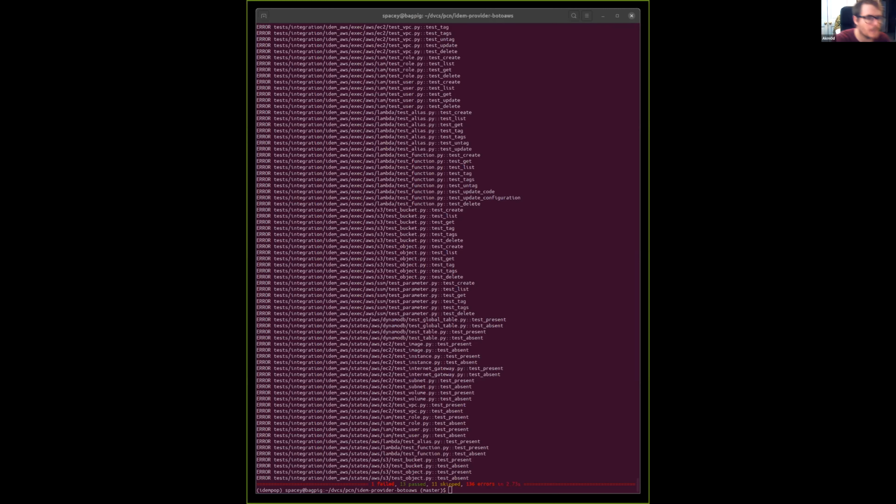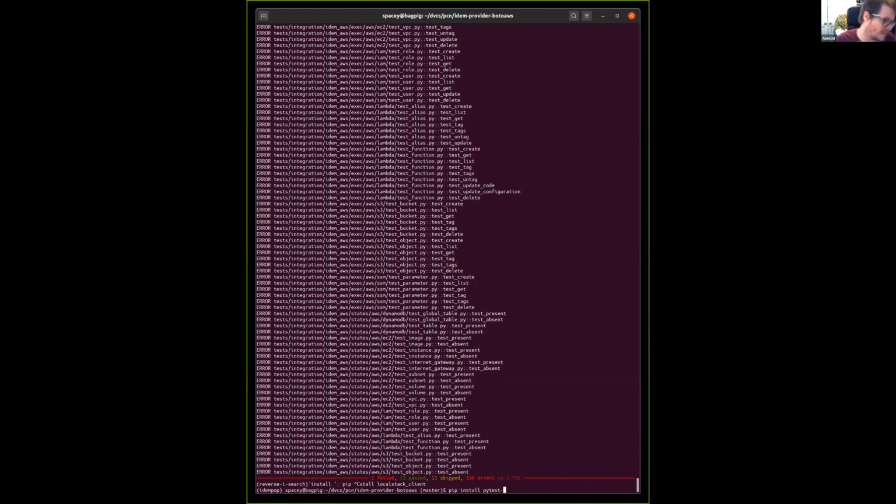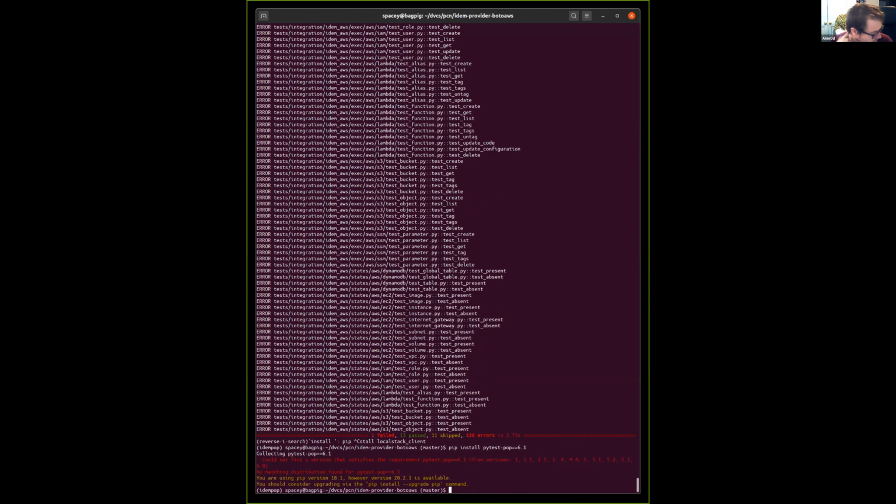And boom. I think you should be able to pip install pytest-pop 6.1 now. I think the thing that we're seeing is different environments installed fixtures in a different order, and so